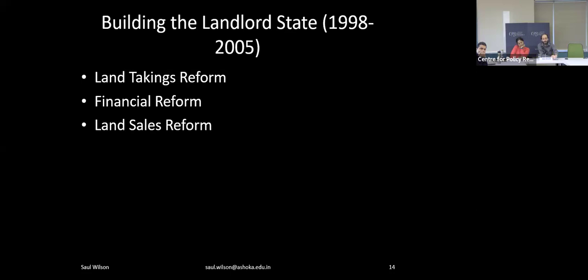So I'll argue that there are three big policy changes, reforms that occur between 1998 and 2005 that allow local governments, and in fact, ultimately force local governments into the role of taking land at low prices from villagers and then allocating it on in support of their industrial policy. The first of these is a significant reform to the land takings process, in which the compensation granted to villagers is pushed down. The second is a significant reform to the financial system, which results in local governments needing to mortgage their land holdings in order to borrow,